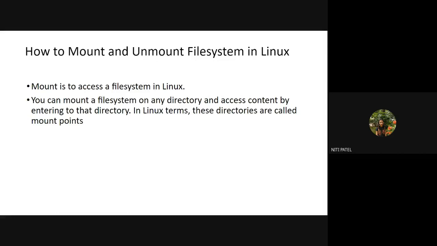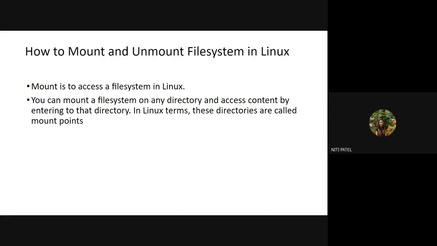Good morning, everyone. We started yesterday with how to mount and unmount the file system in Linux. If you want to mount, we make use of the mount command, and if you want to unmount, we make use of the umount command. When I mount, that means those files and folders are accessible to me on my system. And when I unmount it, that means I am no longer allowed to access those files and